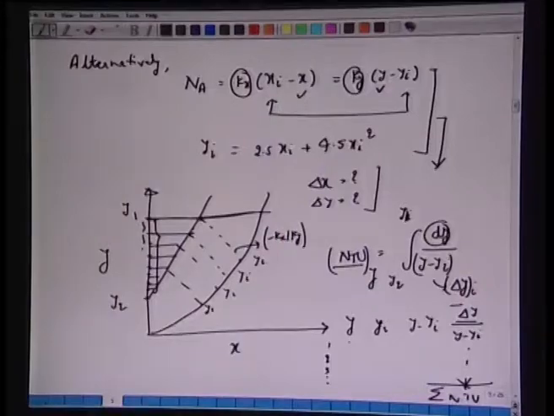So, this is the end of our lecture on absorption. That is the first unit operation we took up in this course. We listed some of the unit operations which are covered in this course: absorption, distillation, extraction, adsorption, drying. So, now we start with the second unit operation, which is distillation.